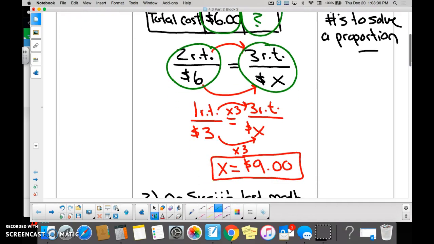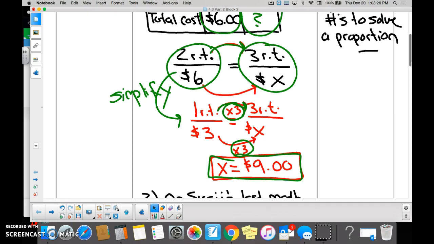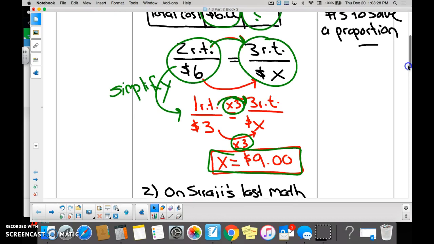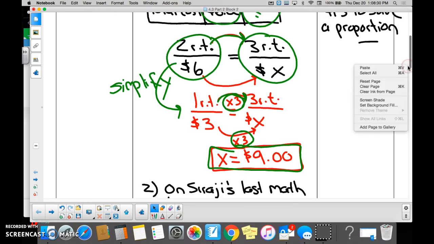No. So if you can't get from one number to the next, they're unfriendly numbers, what do you do? You simplify. So can we simplify 2 and 6? Yes, to 1 and 3. Now can we get from 1 to 3 a lot easier? What do we multiply by? What do we multiply the bottom by? What's your answer? Isn't that sweet how that works, right? Yes. Most of you knew the answer before we even did it, but you have to know how to solve